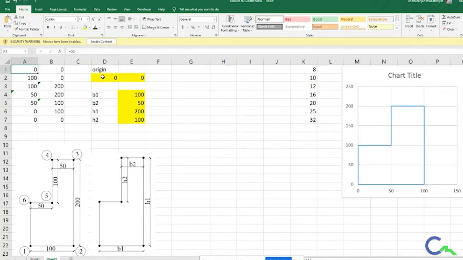So the initial coordinate I can take directly from the origin. We have seen here I related this to the origin. If I change the value here, it is going to change. So if I come to the second node, we made that a1 plus 100. Instead, what I will do here is a1 plus, I have to make this b1. That value is available in this cell. So I will click on this, then I will click enter.